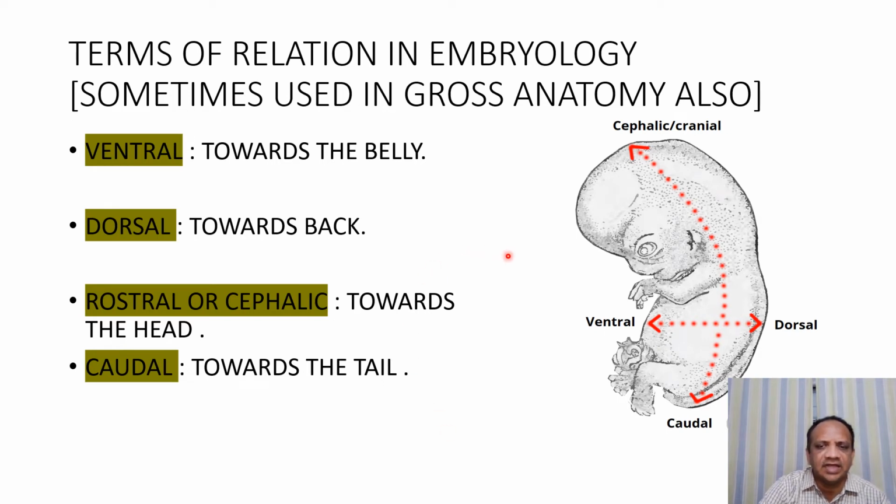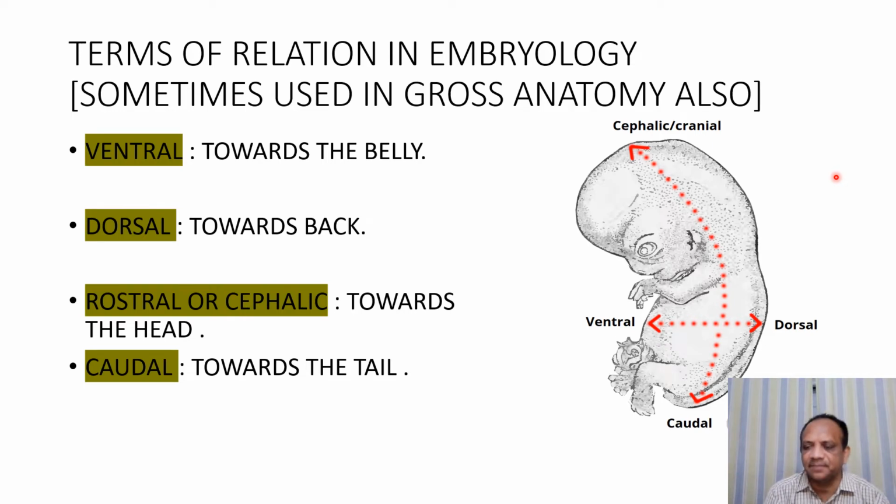Here are the terms of relation in embryology, sometimes used in gross anatomy also. Those are the ventral side, dorsal side, caudal side and cephalic side. These are the terms which were initially observed in quadruped animals, where the animal is walking on 4 legs. So the surface which is towards the sky is the dorsal surface, and towards the earth is the ventral surface, and towards the head is the rostral or cephalic side, and towards the tail is the